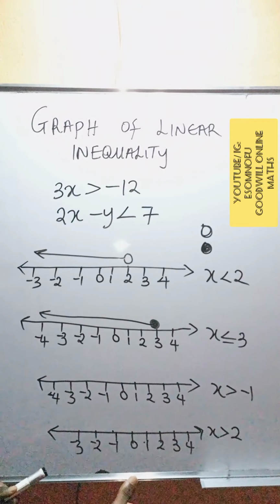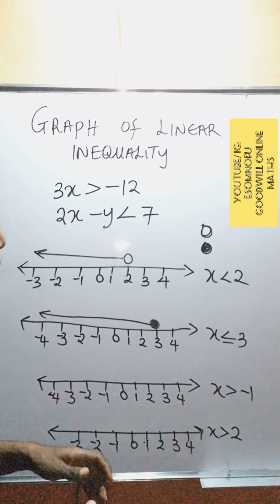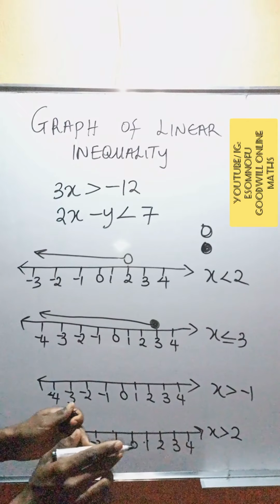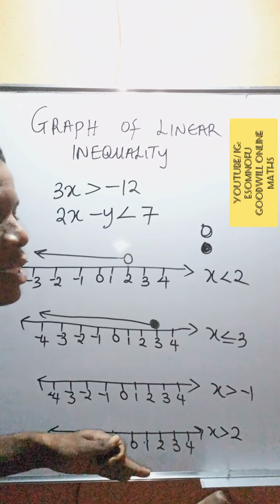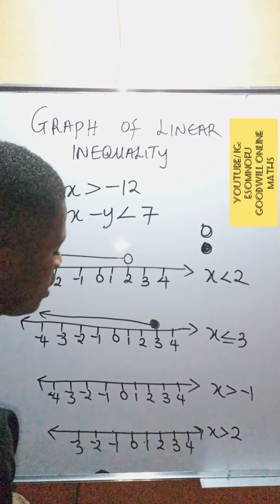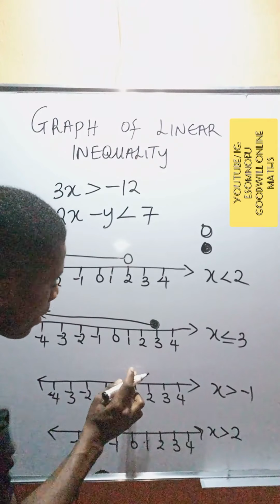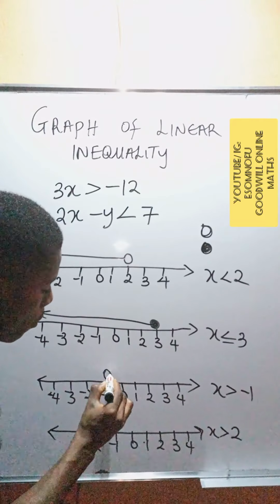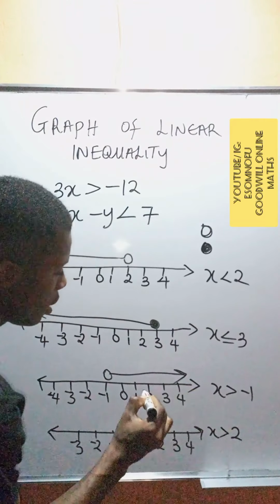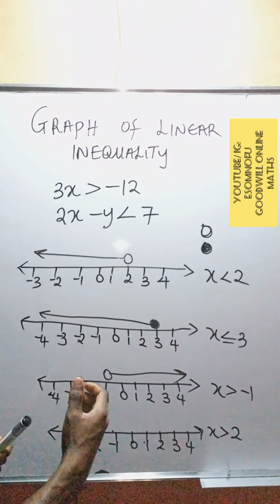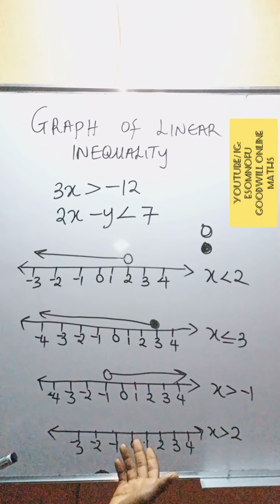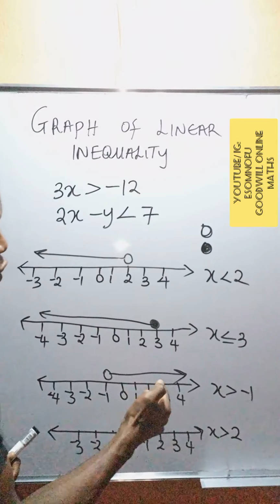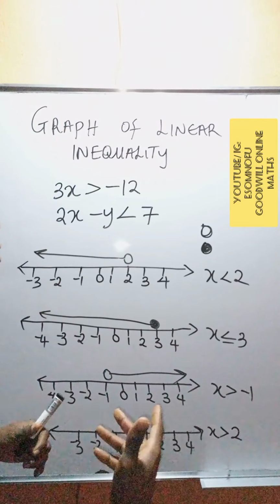Then we have that x is greater than minus 1. That means the values of x is actually greater than minus 1. Then minus 1 is also not inclusive. So we have our minus 1 here with an empty circle pointing straight to the top, showing that the values of our x is actually greater than minus 1, which can be 0, 1, 2, 3, 4,